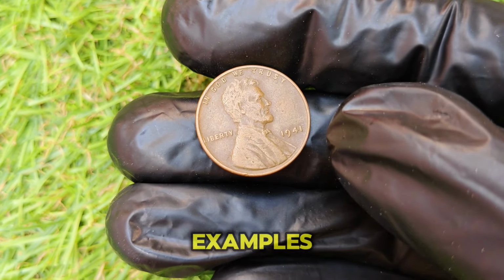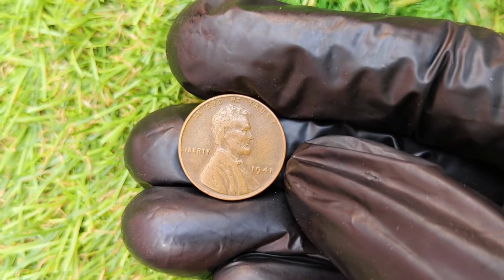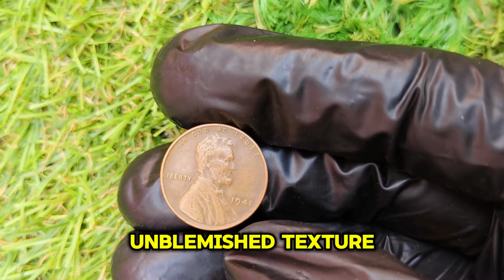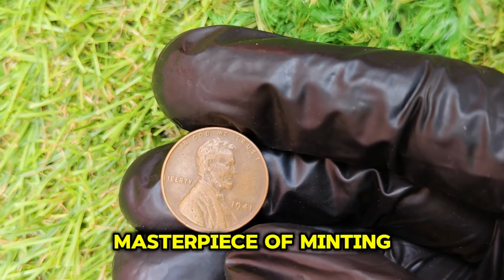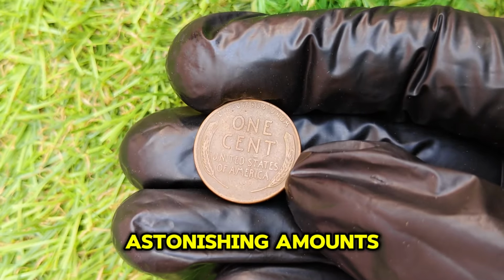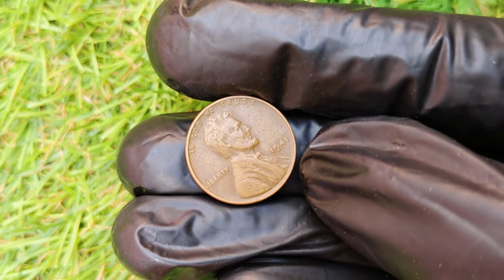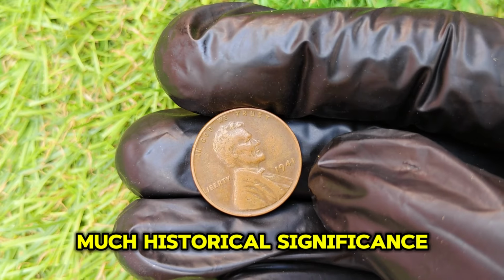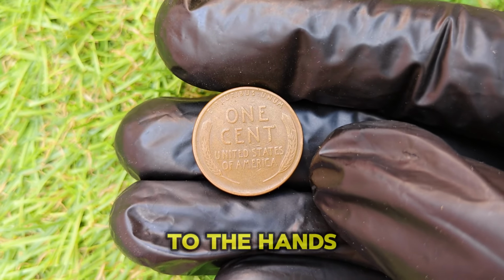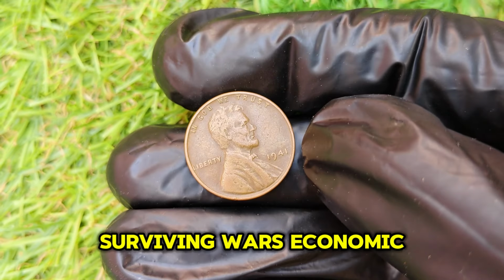The highest quality examples graded MS-68 or higher are extremely scarce. The coin's gleaming copper-red surface, sharp strike, and unblemished texture make it a masterpiece of minting. For such specimens, collectors have been known to pay astonishing amounts. It's unbelievable to think that a small 1-cent coin from 1941 could hold so much historical significance, beauty, and value. From its humble origin in Philadelphia to the hands of modern collectors, this penny has traveled through time, surviving wars,